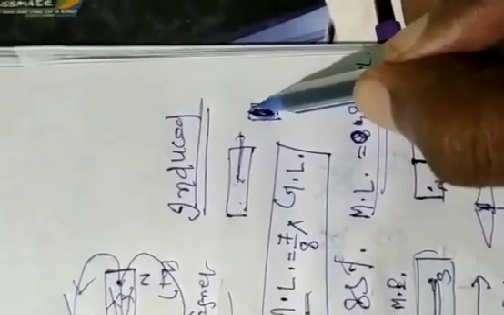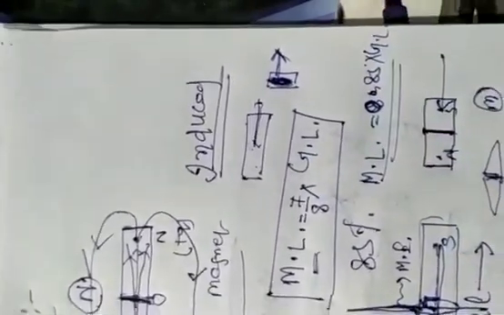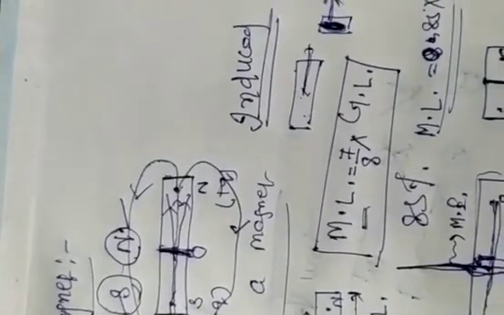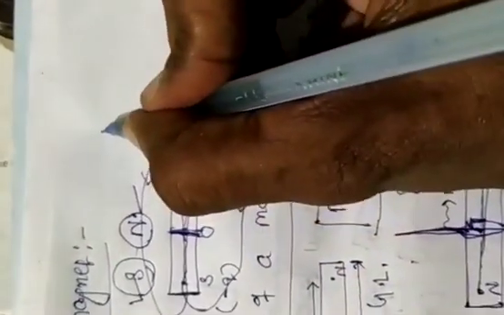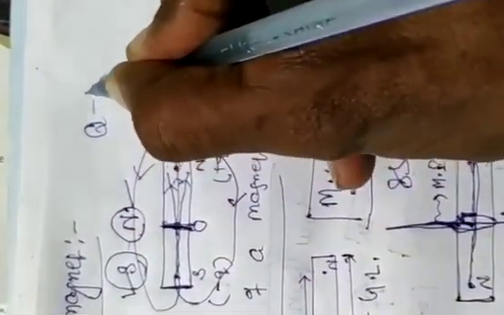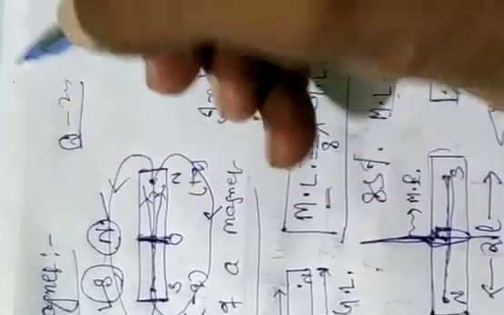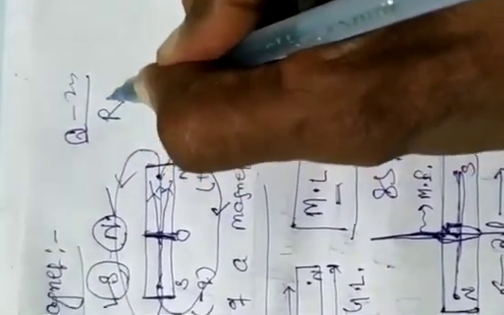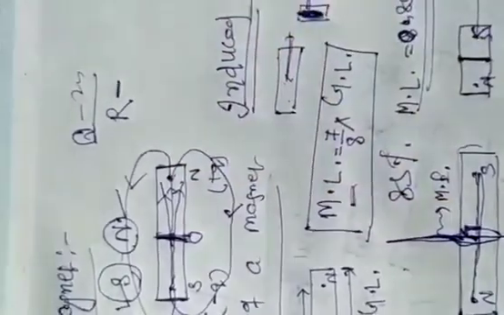After some time, the pin behaves as a magnet, and such type of magnetism is known as induced magnetism. Then, very important for a 2 marks question: repulsion is the surer test of magnetism. Justify it.